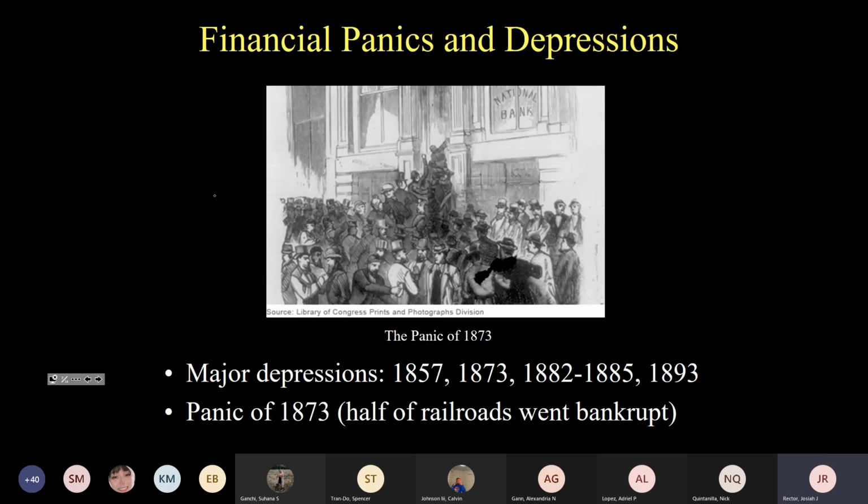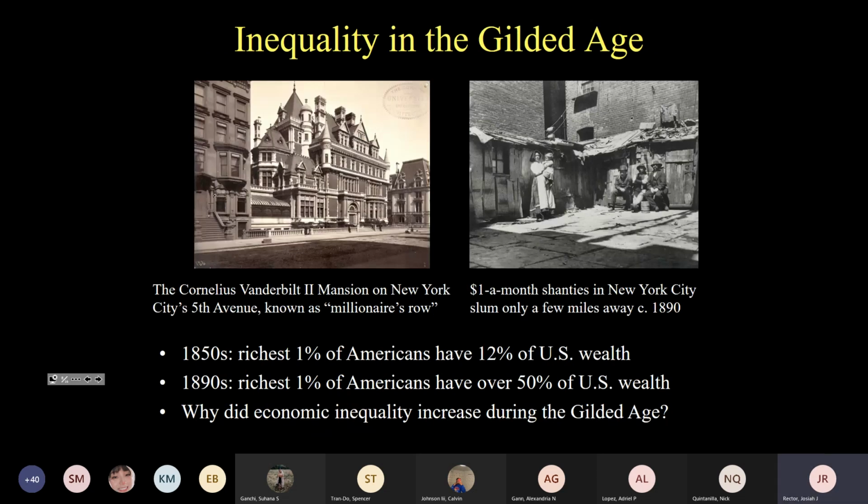Now, this growing problem of homelessness, unemployment, and people going under and losing their life savings coincided with an enormous accumulation of wealth by those Americans who did not lose. These panics seem to create winners and losers. And when businesses went under, those that did not often were able to buy up their competitors and consolidate wealth further. This is a period of surging inequality.